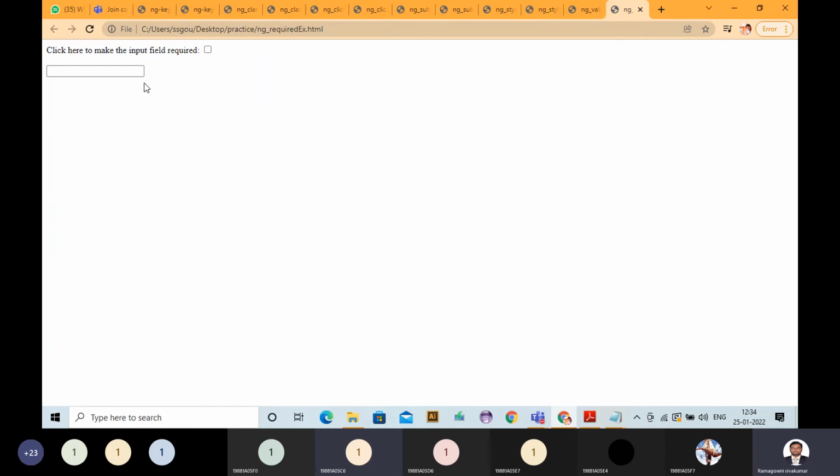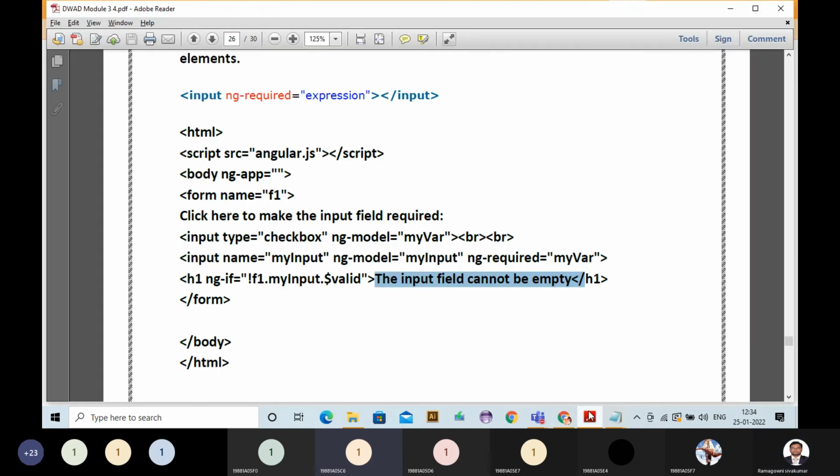See here, this is a checkbox field. Click here to make the input field required. Normally if you write, it will not display anything. If you are applying a click, that field will be required. See, if you are clicking on this checkbox,